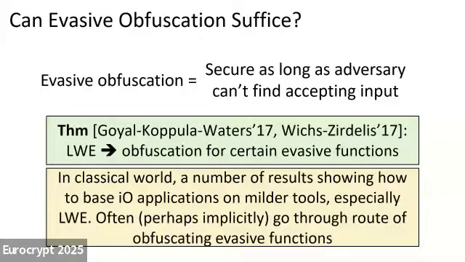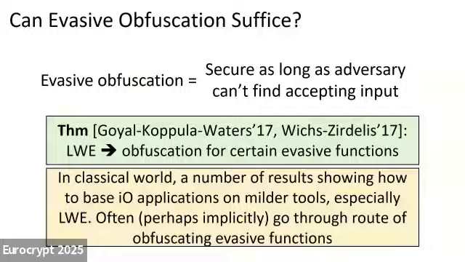Okay, but on the other hand, indistinguishability obfuscation is this really heavy hammer. The quantum security of obfuscation is still not fully settled. And so we really want to base these quantum money schemes off of milder assumptions than full-fledged indistinguishability obfuscation. So the question we ask in this work is, can you build quantum money from a weaker object called evasive